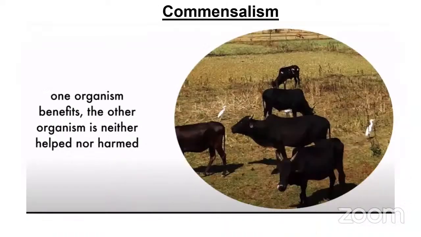Then the second type of symbiosis is commensalism. In this, one organism benefits, the other organism is neither helped nor harmed. Take the example of birds which accompany buffalo or cow in the grazing field. What happens is that when buffalo or cow walk over the grazing field, they will disturb the grasses or the soil which is there, as a result of which the